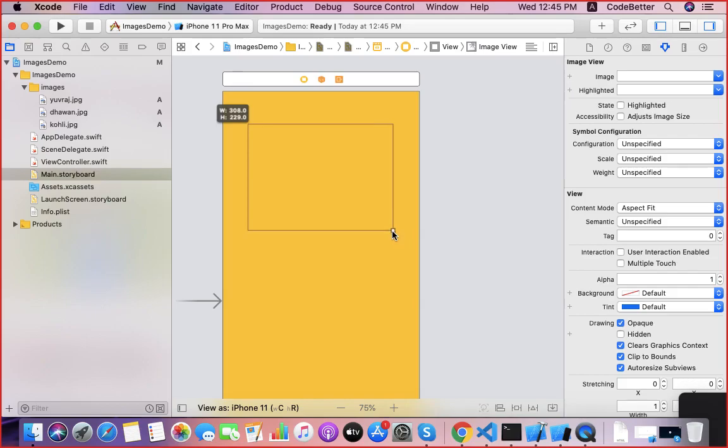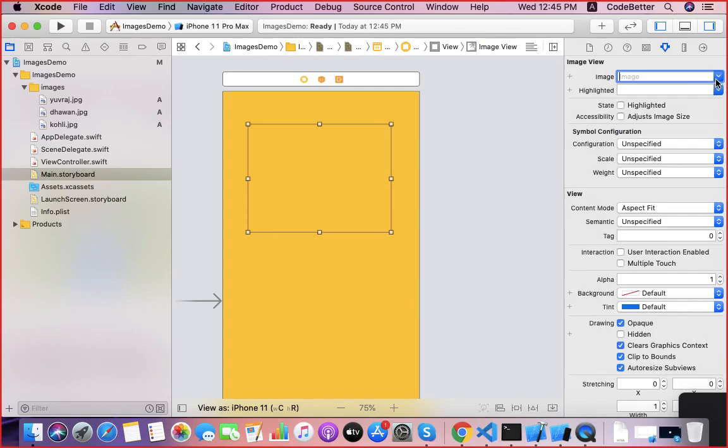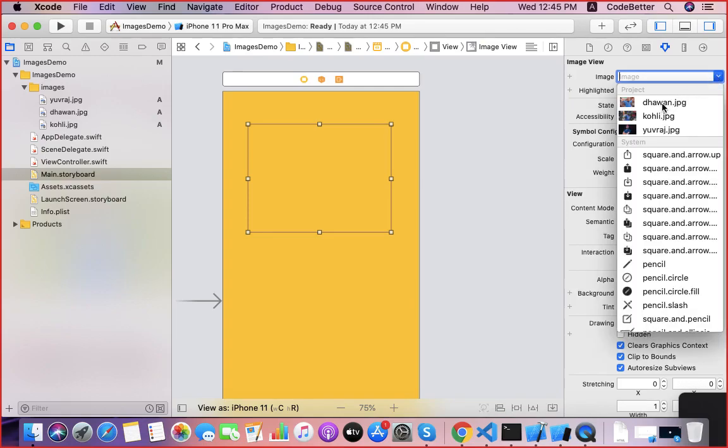So this is your image view. It has nothing, it's an empty view. Inside this image view, you can attach any image. From the drop down, you can select any image. Let's say Dhawan, by default Dhawan.